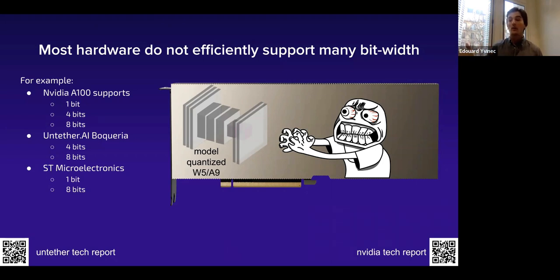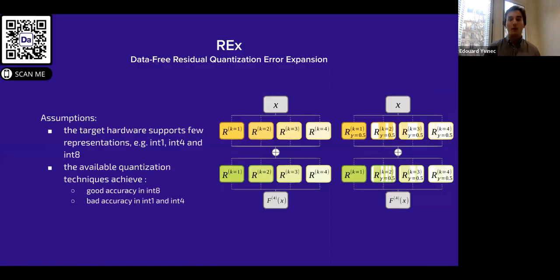And if your quantization scheme only works with at least 5 bits, or let's say 4 bits for the weights and 8 bits for the activations, you're probably stuck using 8 bits for inference, or you will have something that is not actually well leveraged by your hardware. So here the idea is to figure out a way to use your quantization scheme while remaining on the good bit width for your hardware. And how we do that is simply by using residual expansions.